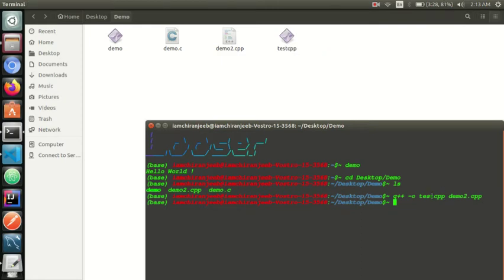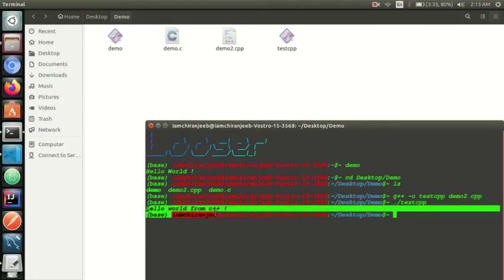I have named it here. And remember one thing, whatever the name of the executable file, that will be the command of ours. So now we can run this executable file. test_cpp, hello world from C++.